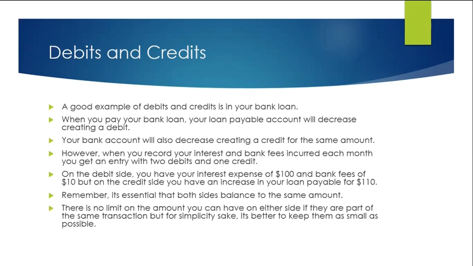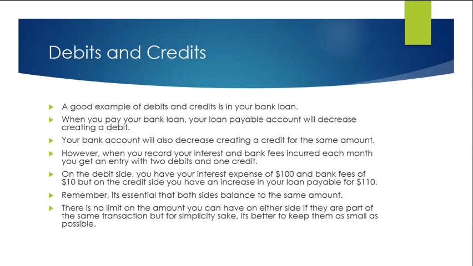A good example of debits and credits is in your bank loan. For example, when you pay your bank loan, your loan payable account will decrease, creating a debit. Your bank account will also decrease, creating a credit for the same amount. So that's fairly simple. However, when you record your interest and bank fees, you get an entry with 2 debits